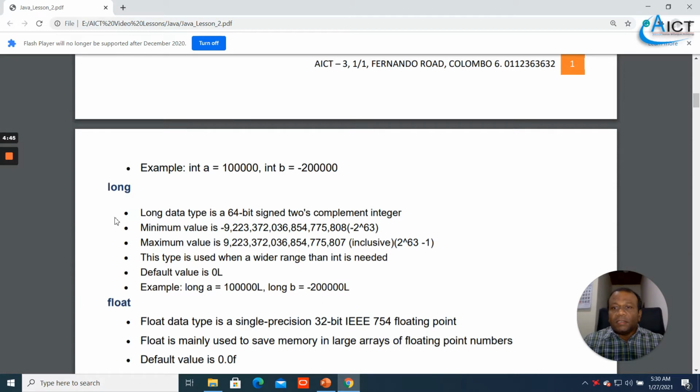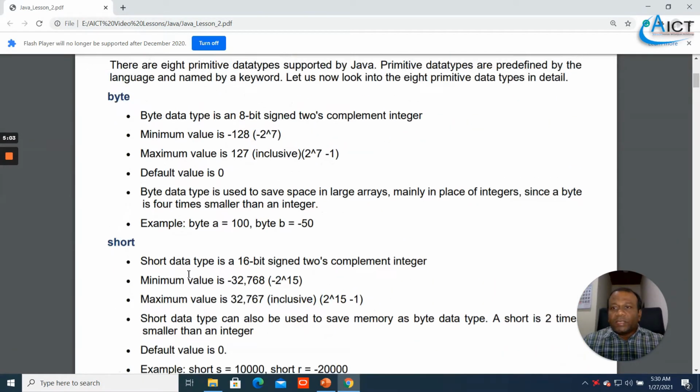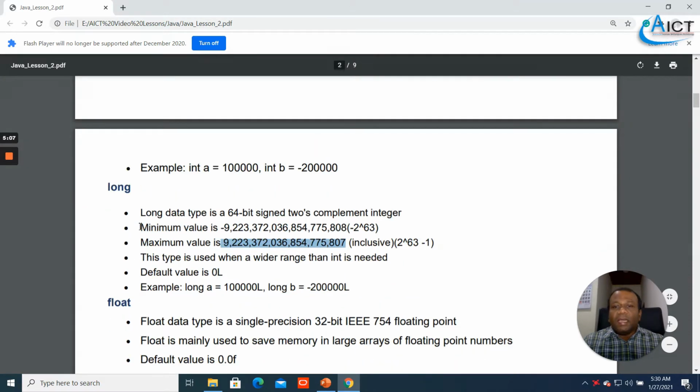Long, it will consume 64 bits of memory for each and every long variable. Minimum value is this amount and the maximum value is this amount. I can't say it in words, it's difficult, right? The float, so the byte, short, int and long are integers.